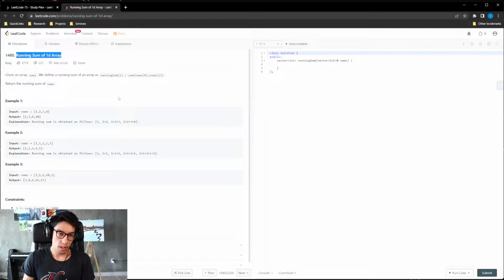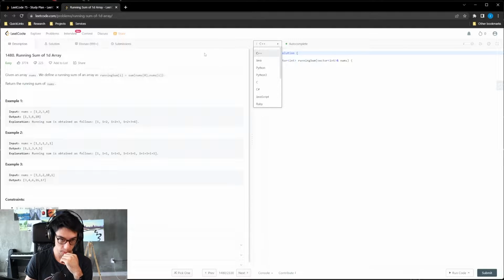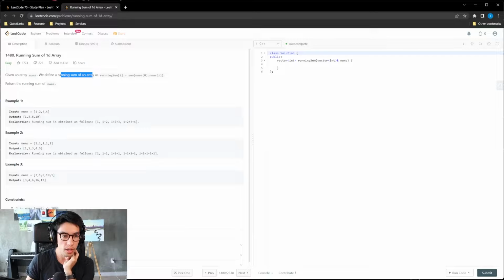So, running sum of a 1D array. Given an array nums, we'll use C++, we define running sum of an array as runningSum[i] equal to the sum of the numbers prior and up to i, and then return the running sum of nums, like the whole thing maybe.